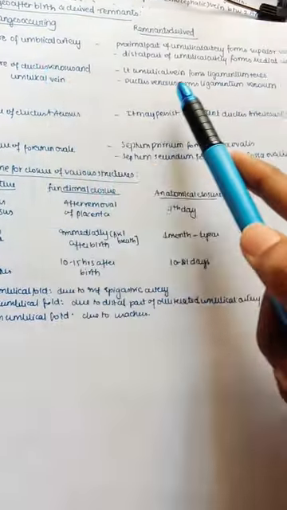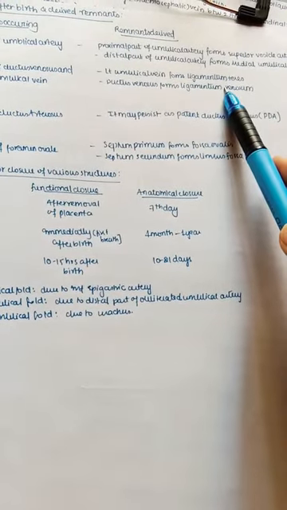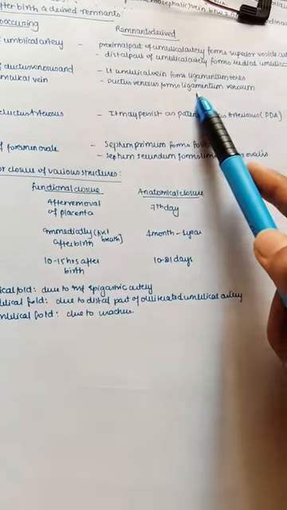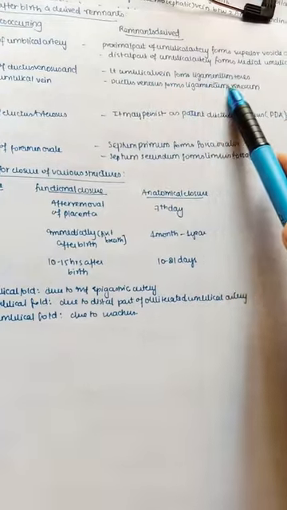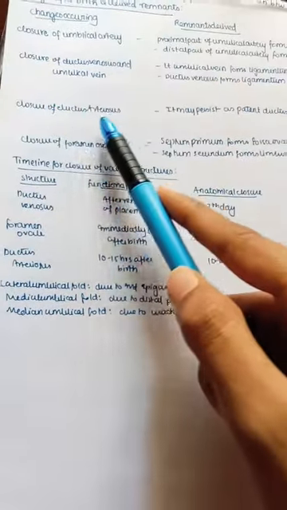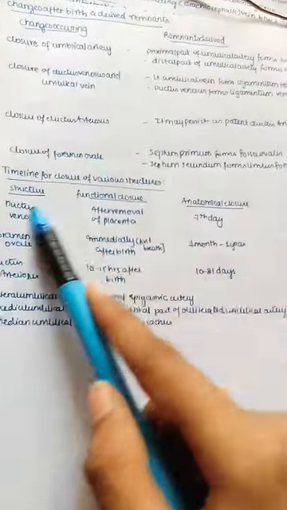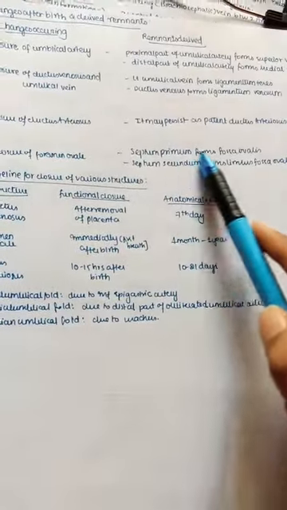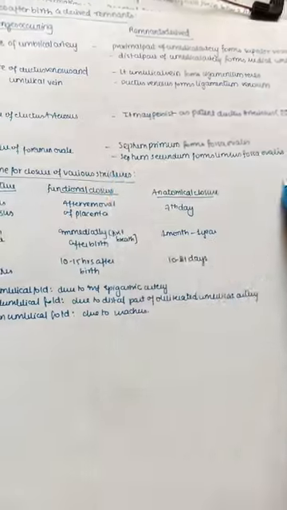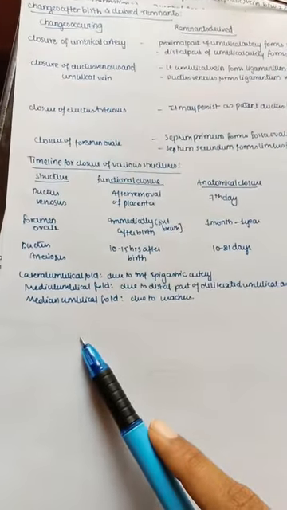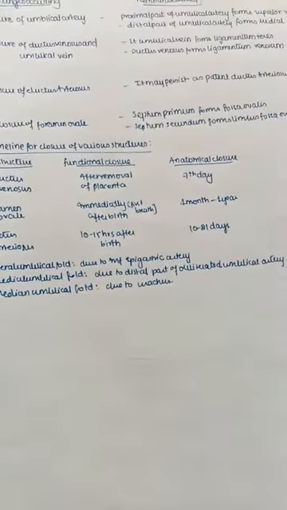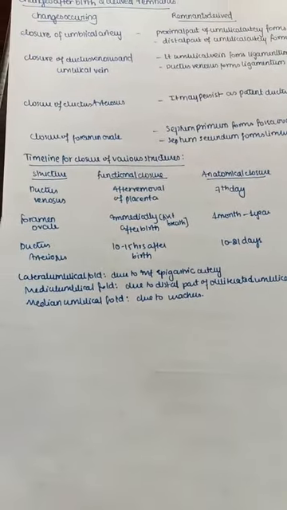We know when ductus venosus is closed, it leads to formation of our ligamentum venosum, and when umbilical vein closes, it forms ligamentum teres, and when ductus arteriosus closes, it may persist as patent ductus arteriosus. And with closure of foramen ovale, we know septum primum forms the floor of the fossa ovalis, septum secundum forms the limbus fossa ovalis. And we'll see some important timelines for the closure of various structures.